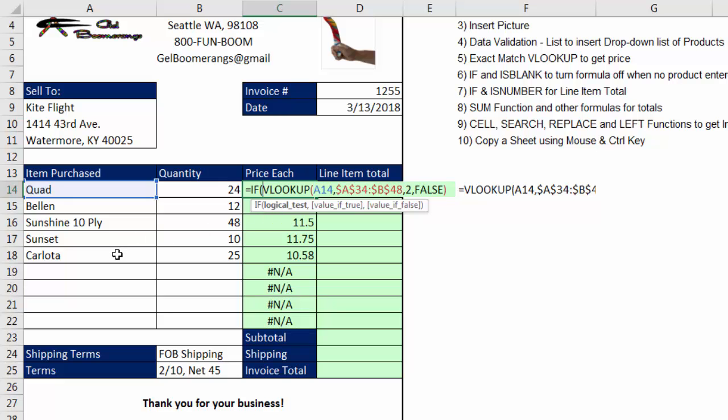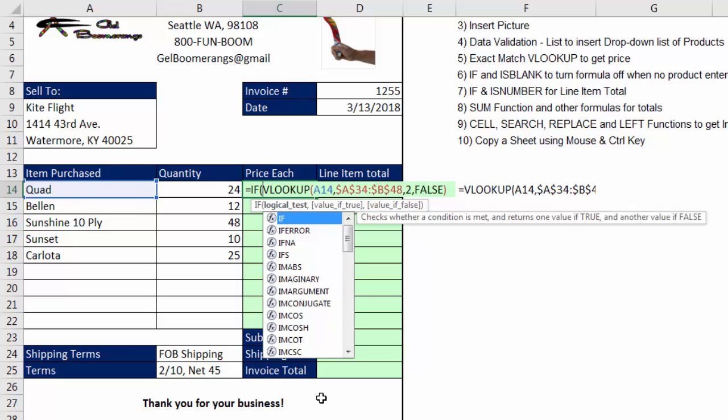We entered the Carlota, the formula worked. The cell is empty, the formula doesn't work. So for the logical test, as we saw back in our checkbook register video, we actually have a number of different logical tests that will work. I'm going to choose, since these are text items and they'll always be text items, I'm going to use the function